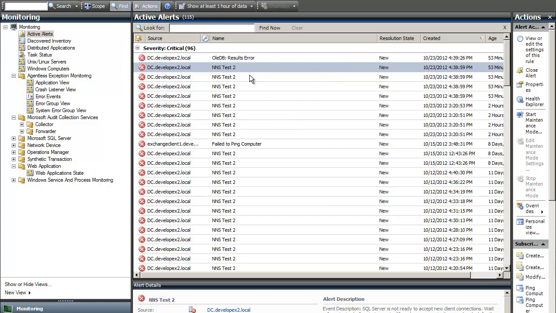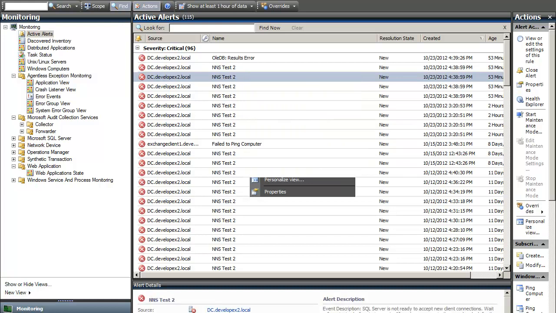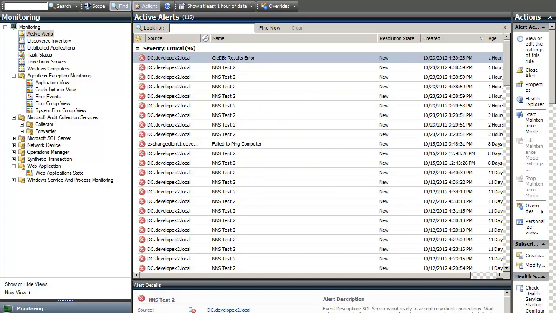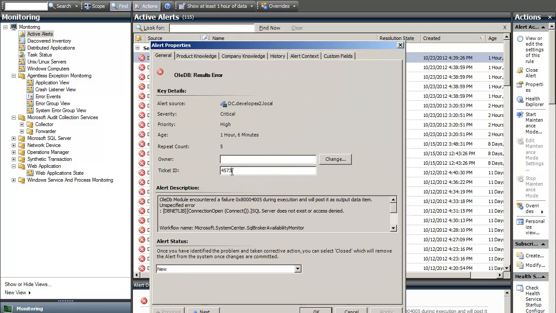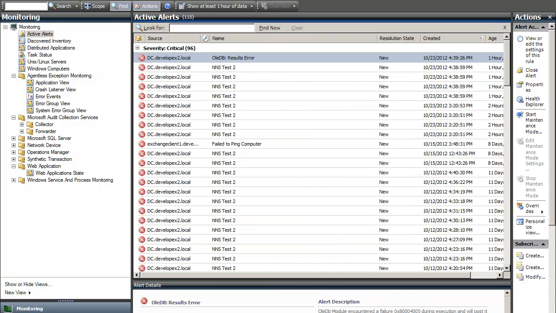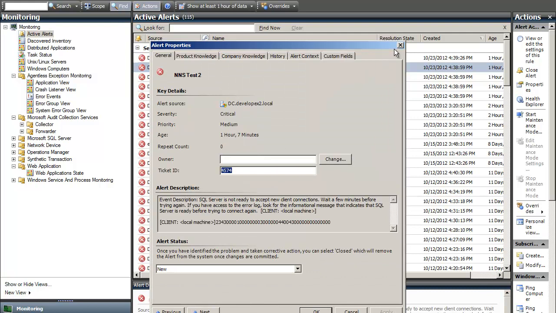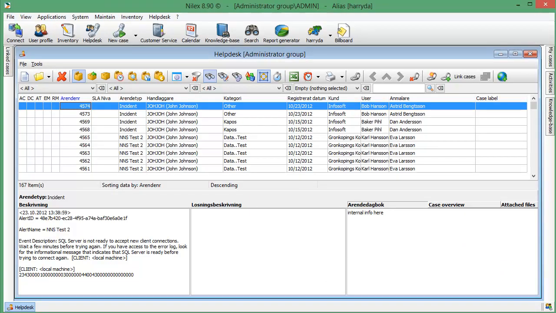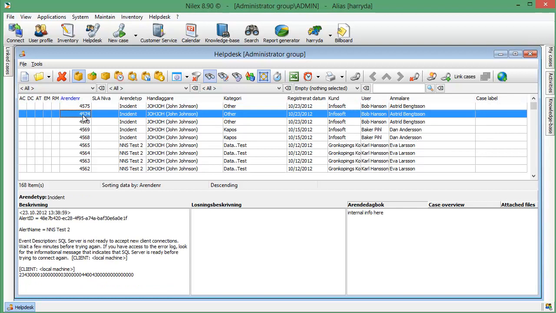Normally the import process in SCOM is configured so that you shouldn't forward alerts manually. Then define the time period for synchronization that should pass before alerts become cases in the helpdesk. You can check if a case is already created by looking through the alert's properties. If you can see the ticket ID, the corresponding case is already in the NILEX helpdesk. Also, you can see the newest cases in the NILEX helpdesk to make sure that alerts from SCOM are registered as cases there.